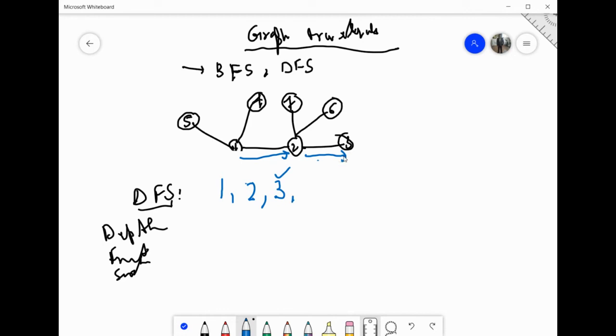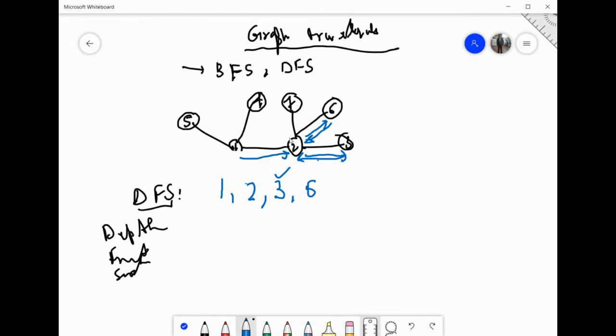Now we will come back from 3. कहाँ पे वापस आएंगे? We will come back from 3 to 2. वापस पीछे आएंगे 2 पे. Now again 2 के पास दो ऑप्शन बच गए, 7 and 6. You can go in any direction. Suppose I'm choosing 6. So I went in this direction. I have selected 6. Now 6 is already completely explored. ठीक है, 6 के बाद भी अब कुछ नहीं रह गया. Again we will come back to 2.